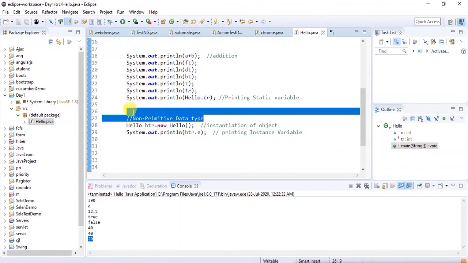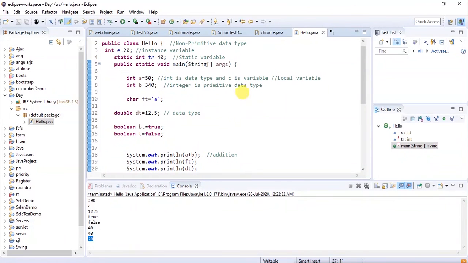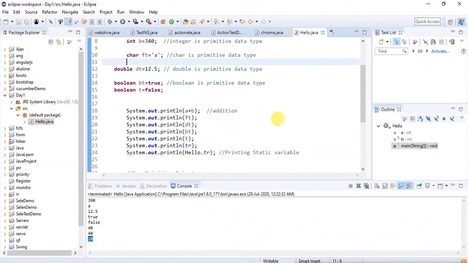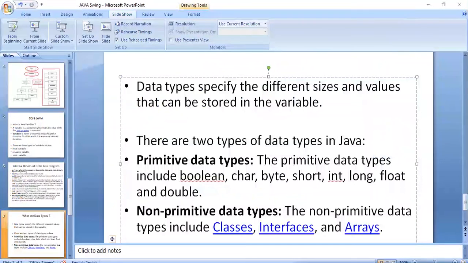And these are our primitive data types. Double, character are all our primitive data types, and this is our non-primitive data type.